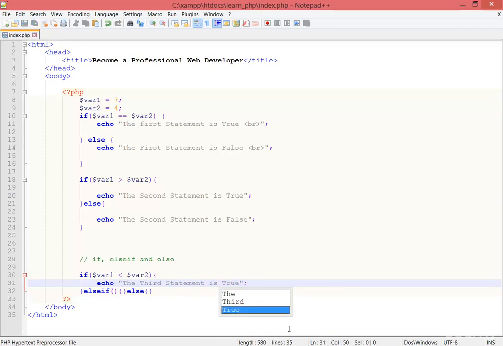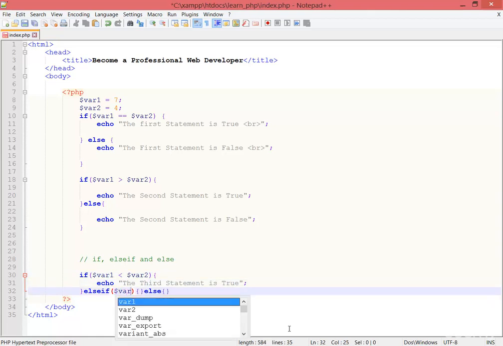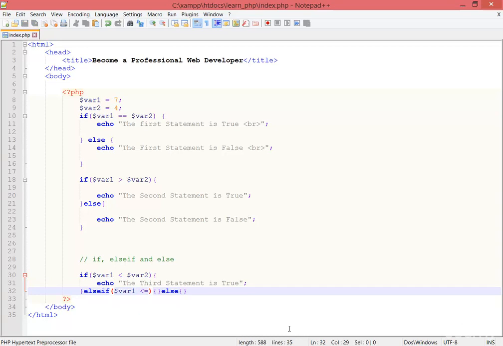Okay, fine. But it can be possible that the first block's condition is wrong, so I'm going to the second block's condition, the else if condition. If the var1 is less than or equal to